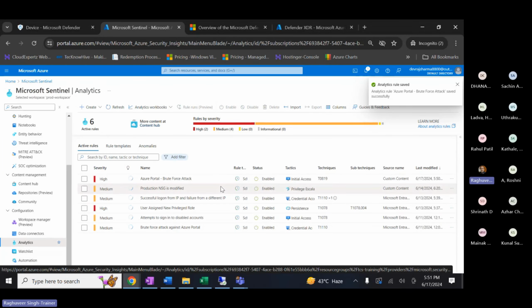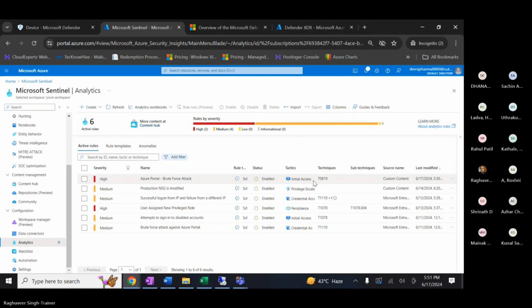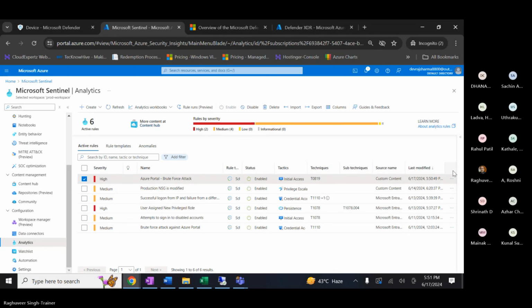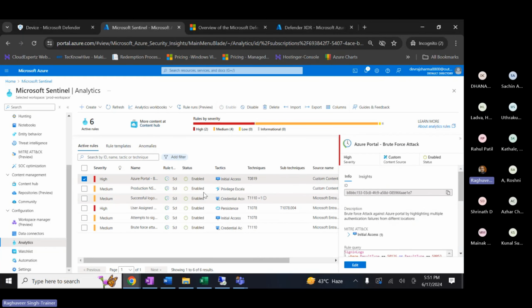So analytics tool saved. Okay, the incident is generated. You can see here the incident is generated. All of you, can you see this? The incident got generated at 5:50, which is a minute ago. Is everyone with me on this? Yes, Raghuveer. Guys, are you there? You are able to see. Okay. So this incident got generated. You can see here. And as part of this incident,